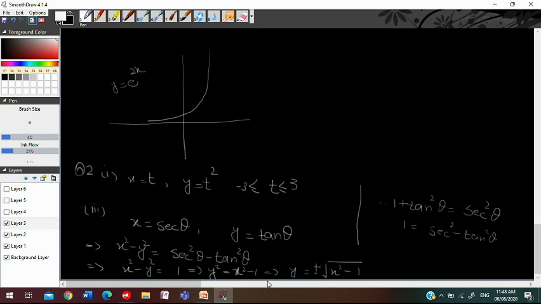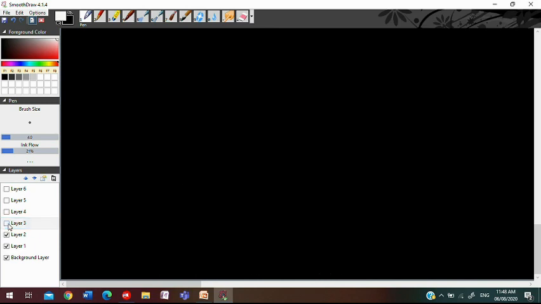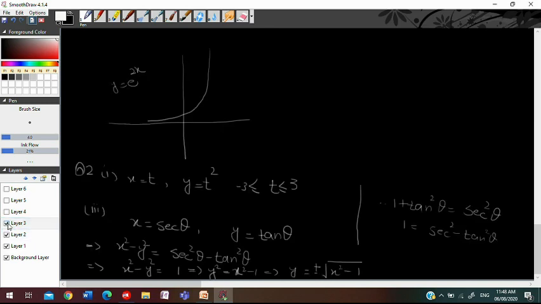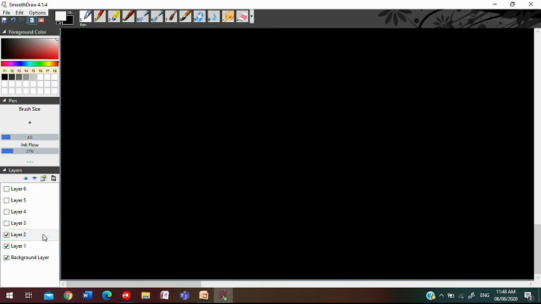And you know how to draw the graph of this function. Okay, now the graph of this function, here we have the x value and here we have the y, which is equal to plus minus under root